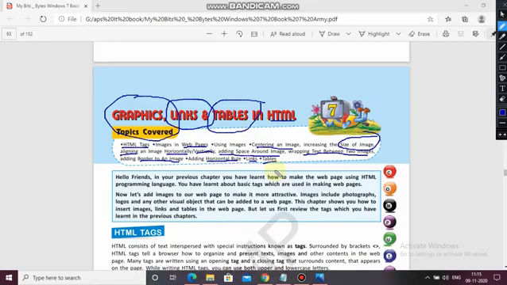Yes, we had learned in the previous chapter the basic tags used in making web pages like HTML, head, title, BR, P tag, centering the text, font, font face, all these things. Now let's add images to our web page to make it more attractive. See how attractive you can make your web page.